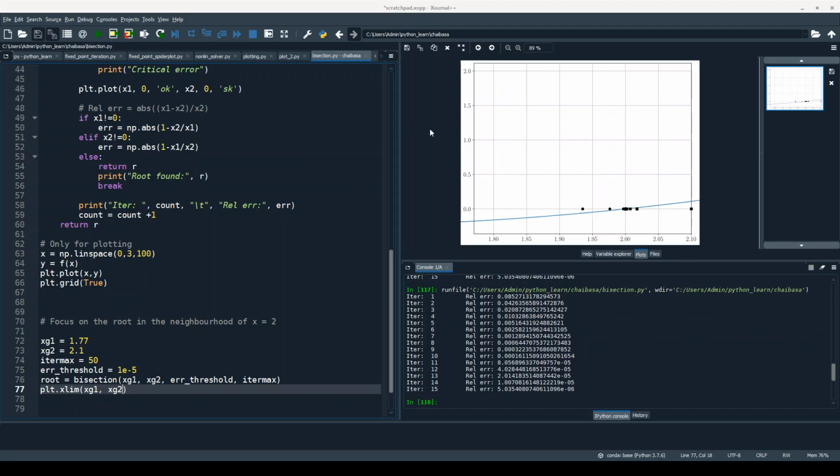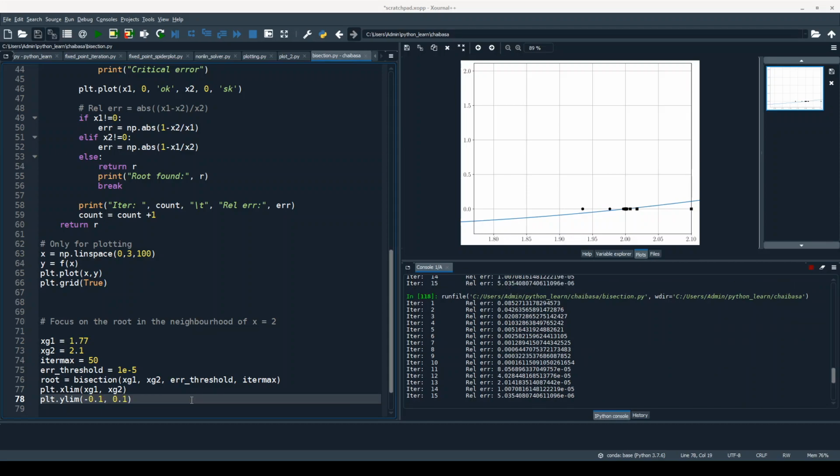Yes. So look, this is how the evolution of the roots has happened. I'm almost done. Everything else the students can do on their own. Minus 0.1 comma 0.1.